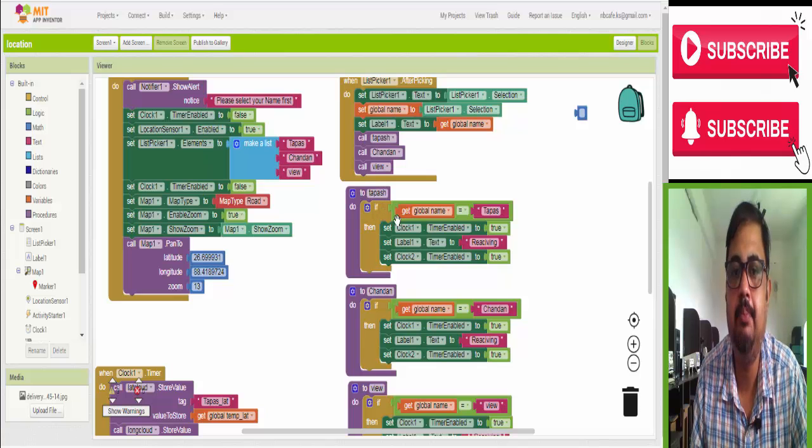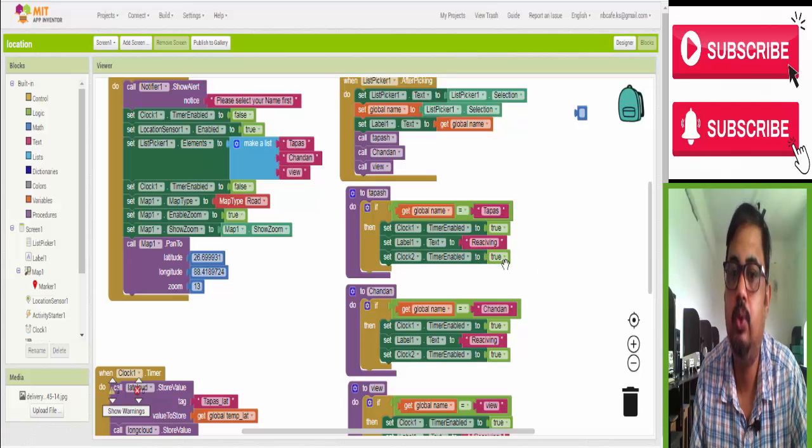So see, to Tapas: if the global name is equal to Tapas, then set Clock timer true. Now the clock timer will open. Earlier it was false. Now it is going to be true. That means whatever program we wrote inside Clock1 will start now. And set Label1 to receiving. That means the latitude longitude value shows you are receiving.